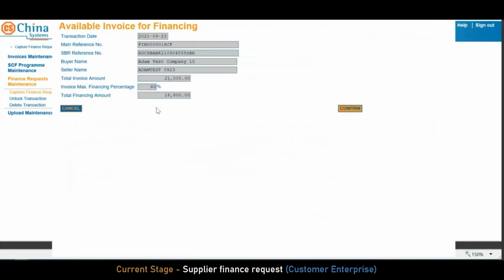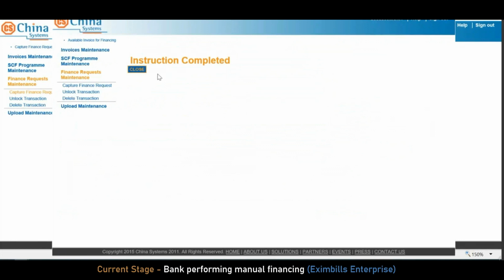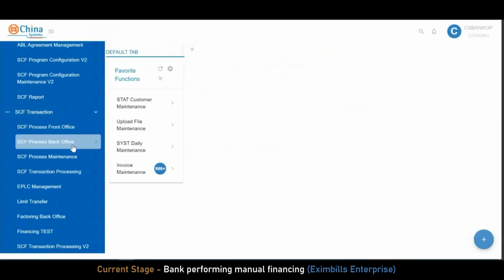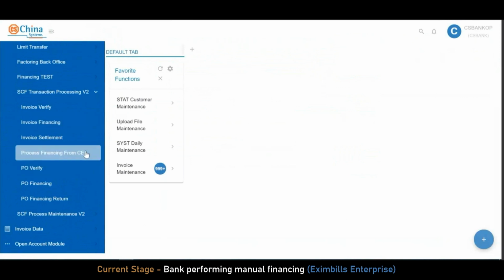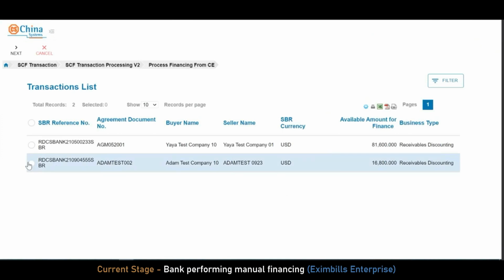Here we can see the invoice details yet again, and we can see that the total invoice amount was 21,000, but the financed amount will be 16,800. So the supplier's finance request has now been processed. We will switch back over to Eximbills Enterprise, where we will process this financing request and subsequently do the manual